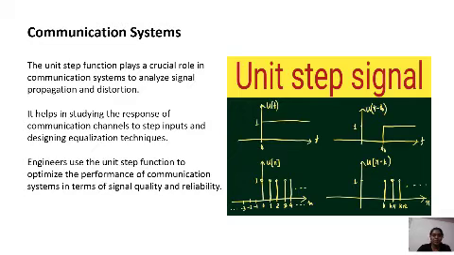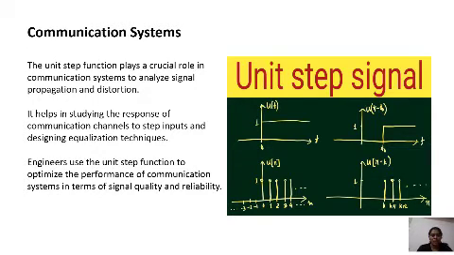Communication systems. The unit step function plays a crucial role in communication systems to analyze signal propagation and distortion. It helps in studying the response of communication channels to step inputs and designing equalization techniques. Engineers use the unit step function to optimize the performance of communication systems in terms of signal quality